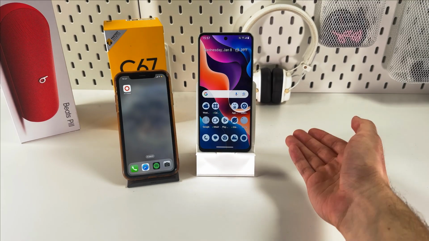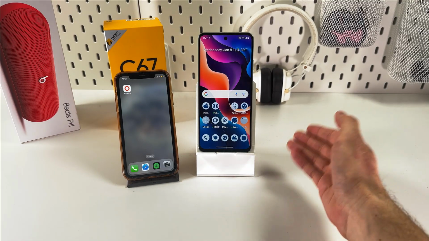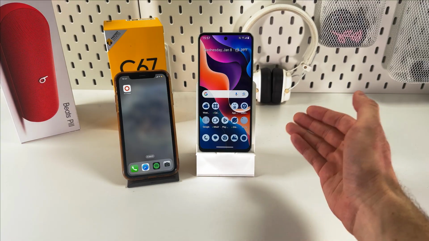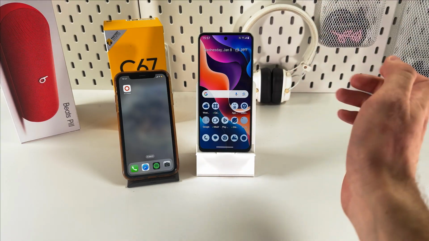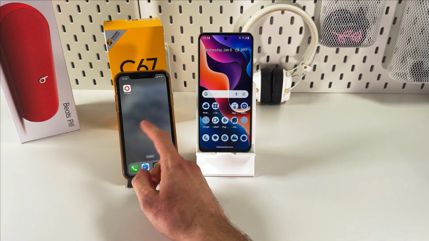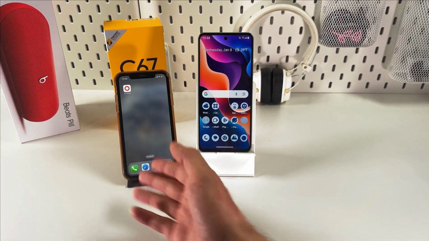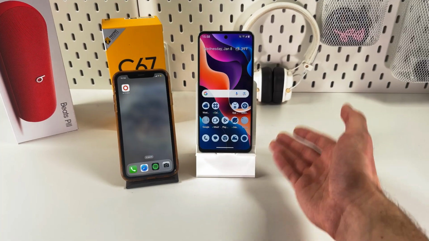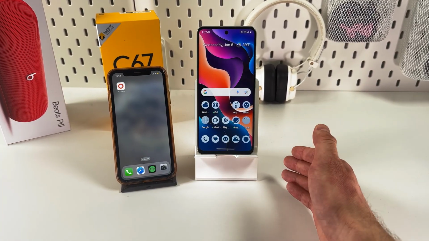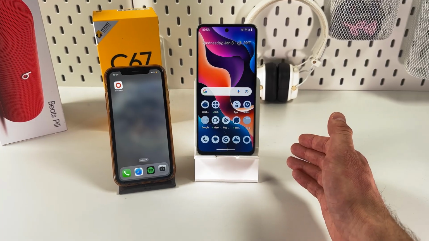Hello everyone, so today I'll explain how to easily and quickly transfer files from Realme C67 to iPhone using a tool similar to AirDrop. While direct AirDrop transfer between Android and iPhone isn't available, we can use an alternative service called Snapdrop. First of all, ensure that both of the devices are connected to the same Wi-Fi network, otherwise